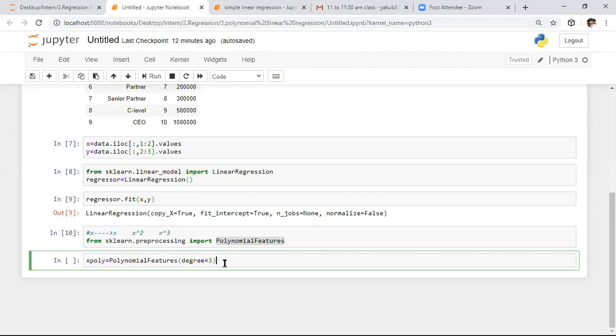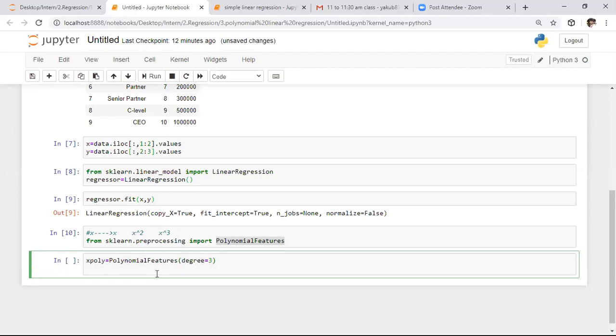After applying this, we need to apply these polynomial features on the data which is present in x. For that purpose, we need to fit the data on the specific axis. Here I am storing xpoly.